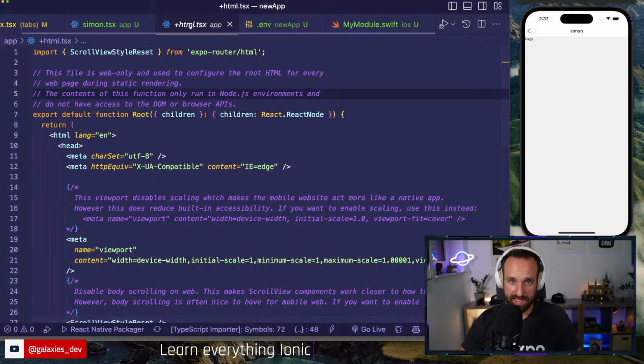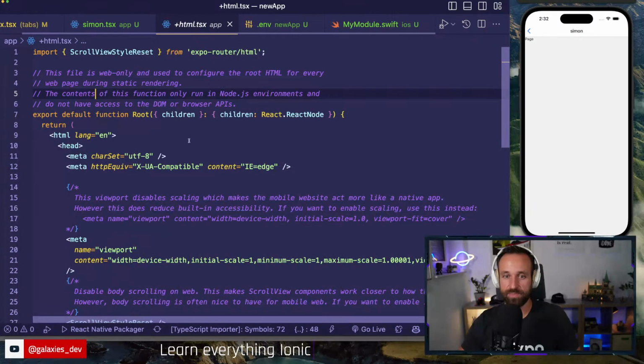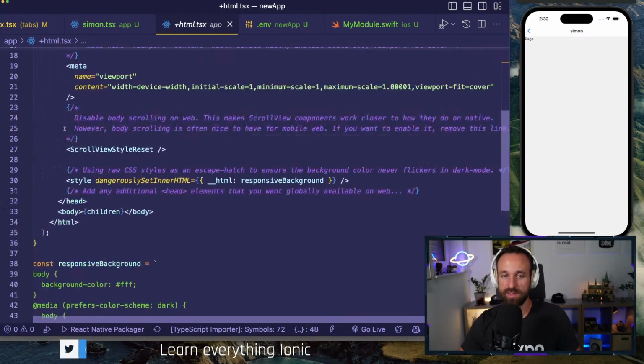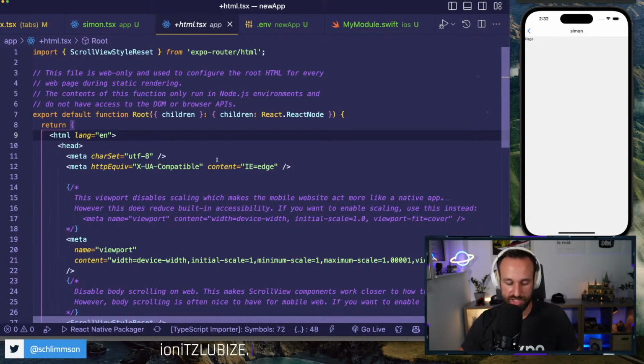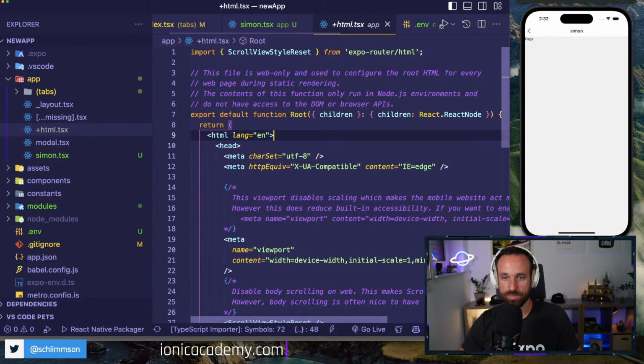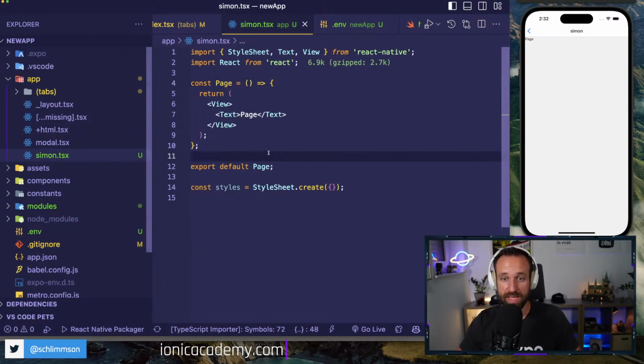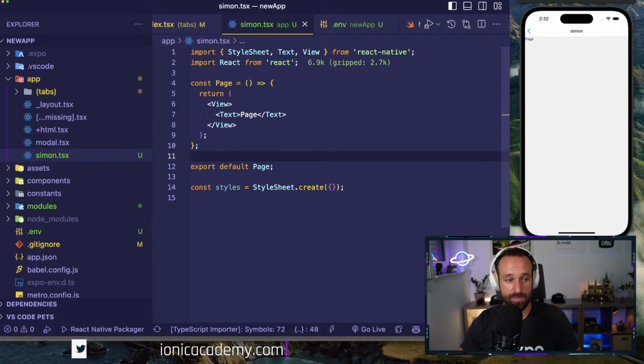So they have an HTML file at the top level. You can have some general information about your page in here, but that's not what I want to show you. This is just general information that you can supply for your application in case you want to have something for the web. But if, for example, on my Simon page, I now want to have a head element which defines